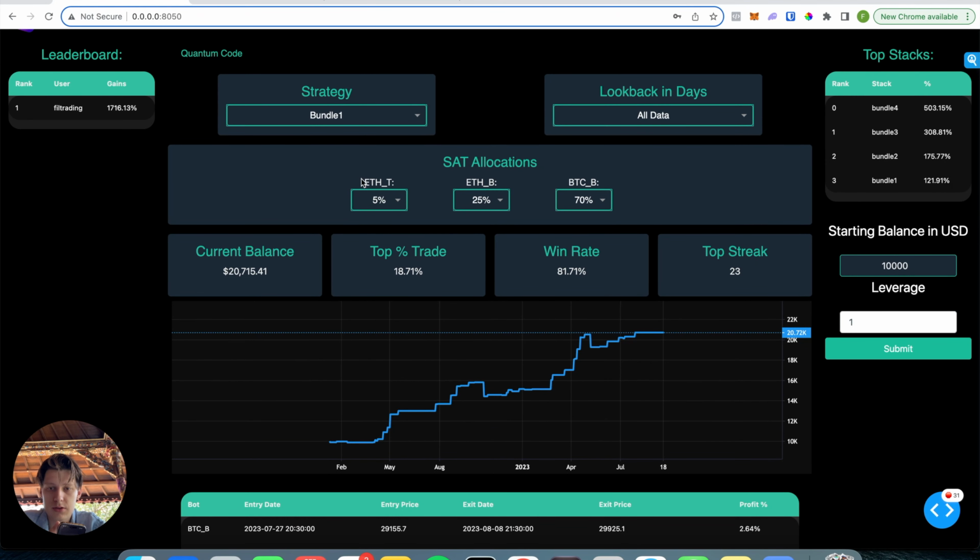And here I have the 3 separate strategies that I can change the allocations to, right? This is also interesting to say, and I won't get into the details right now, but the way we're calculating the data for these strategies is different from any other data that you look at on TradingView or any charts. It's a different way we're calculating the data, because we're looking at intra-candle data in every time frame. We'll get into it later on.